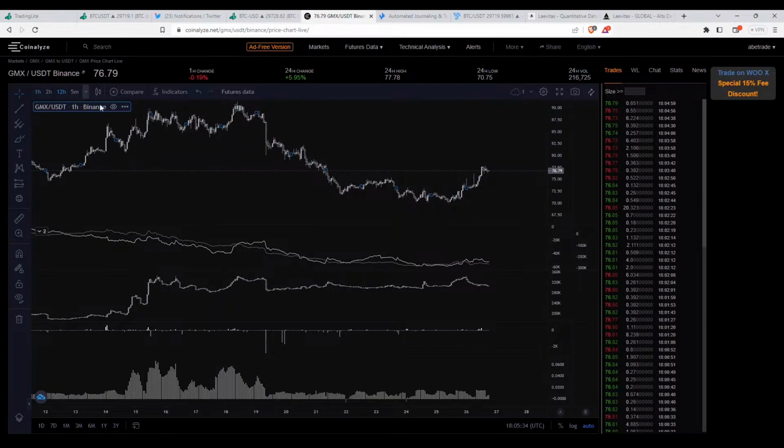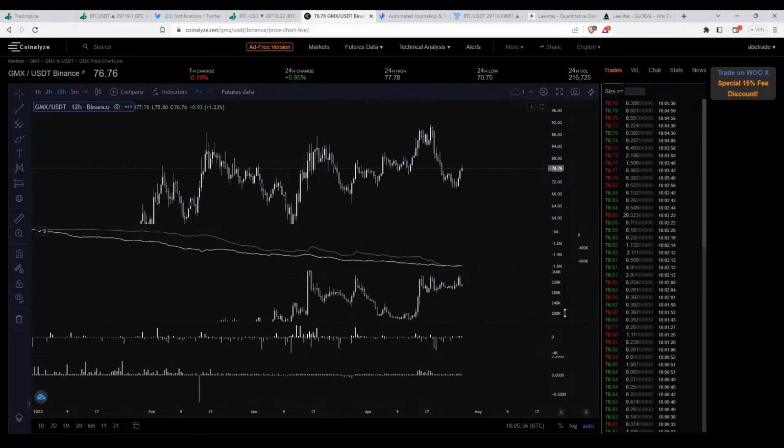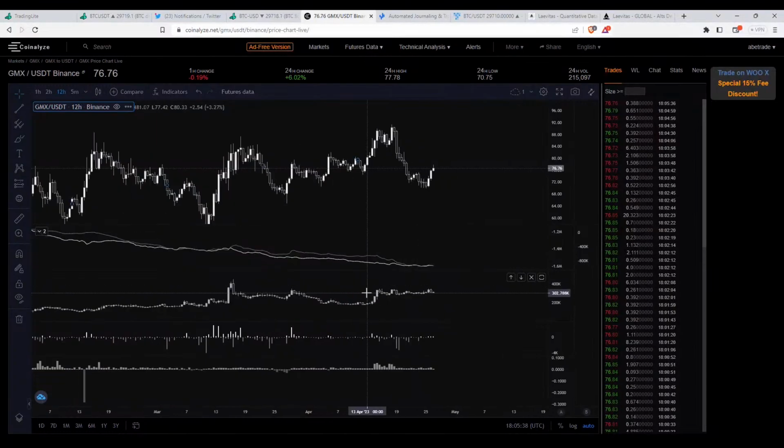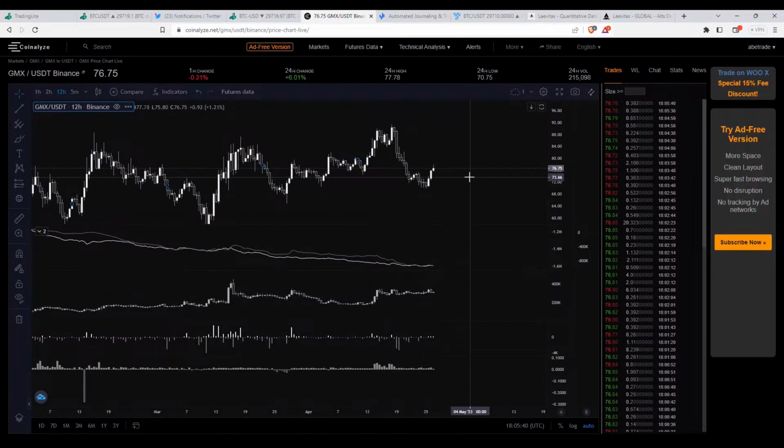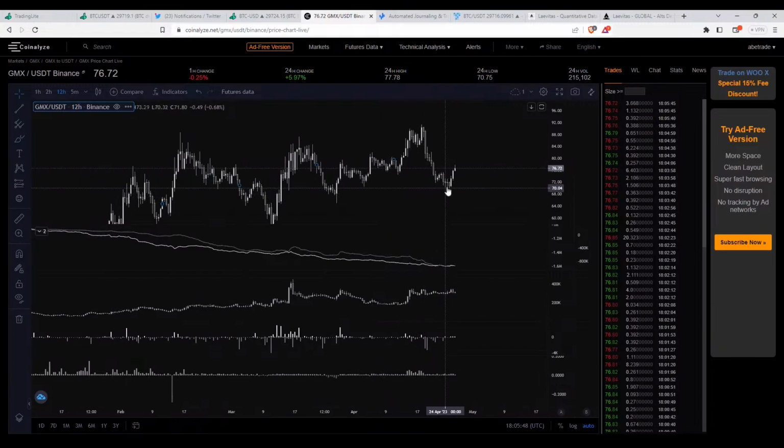But yeah, GMX, I think it's probably the biggest one. Yeah, by volume, by far. And the chart is also looking pretty decent here as well. So yeah, probably might be a good play, coming into people flowing out from Bybit.